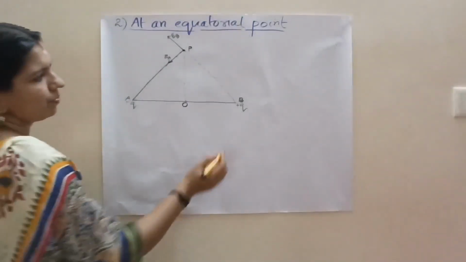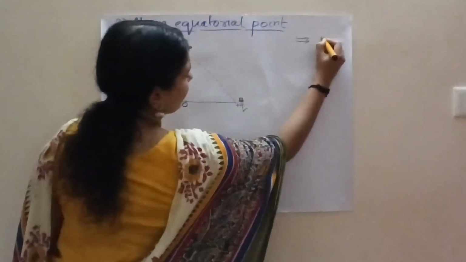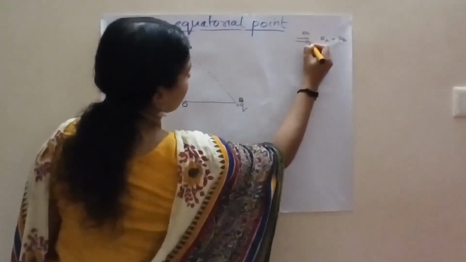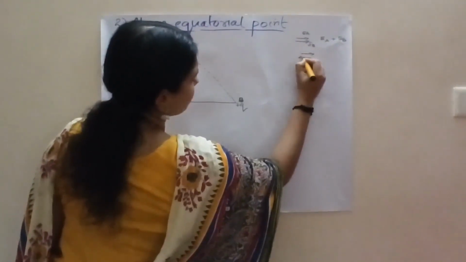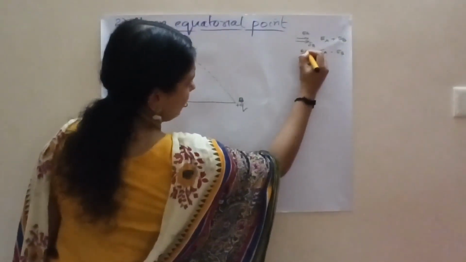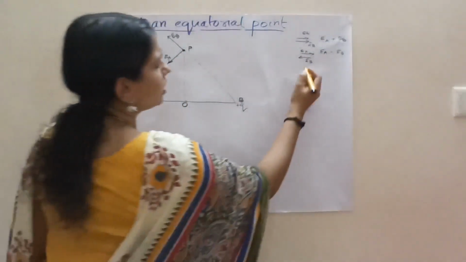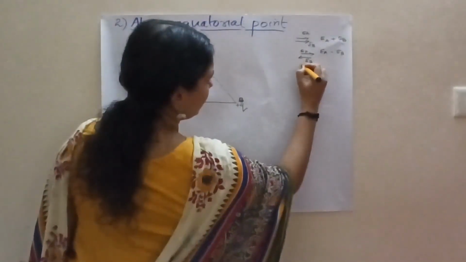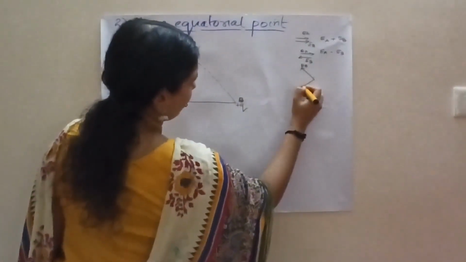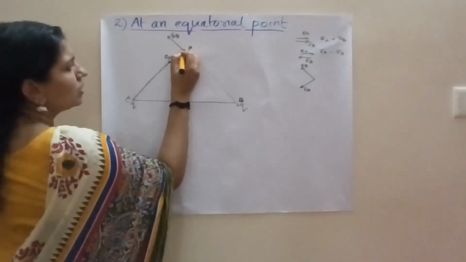Then you already know the direction of vectors. If both are in the same direction, you will take it as EA plus EB, isn't it? Now, if they are in opposite directions, you will take either EA minus EB or EB minus EA. You will take the difference. Now what about here? Look, this is the direction EB and this is another EA. Now how will you take the resultant? The resultant will be along this direction, isn't it?